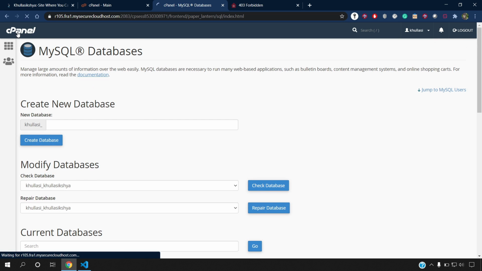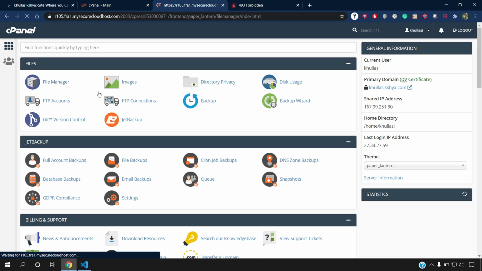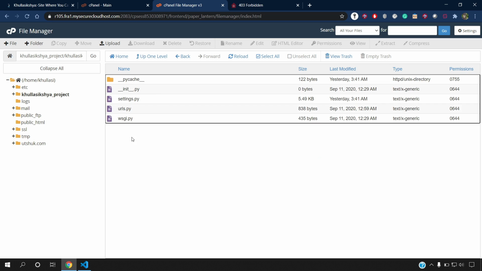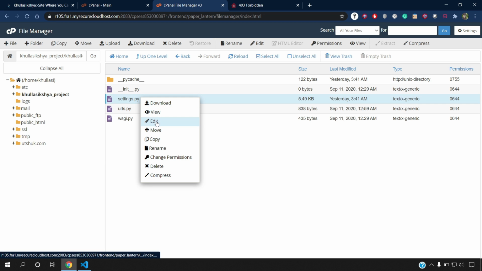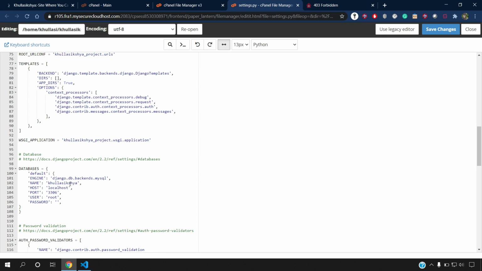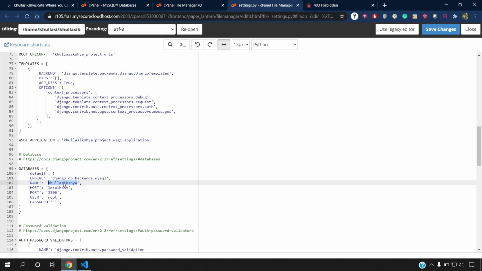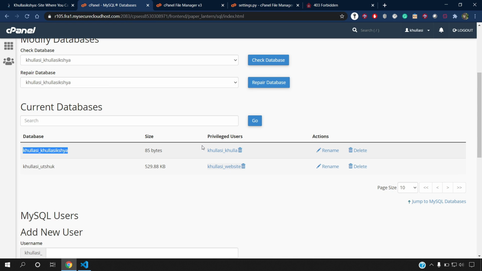In settings.py, inside the project, we have settings.py. You need to configure the username and password here in the database section. Let's give the name as the database name that we have here. This one is our database name. Let's copy this and paste it here. Now you need to leave the host and port section as it is, and in the user we need to give the username that we have created. This one is our username.